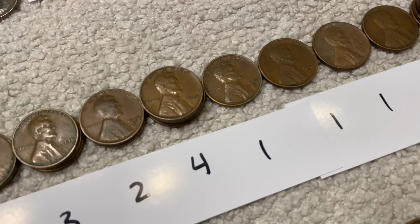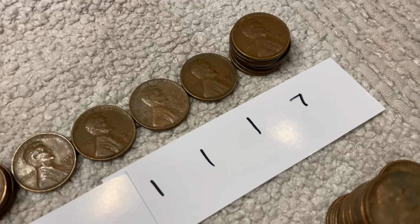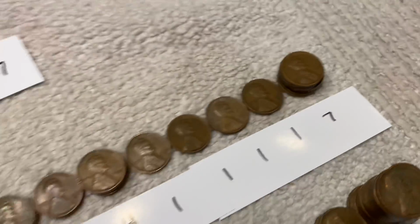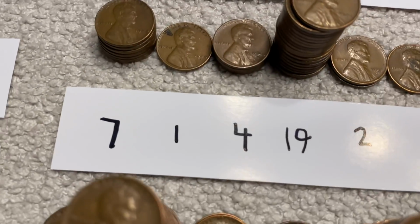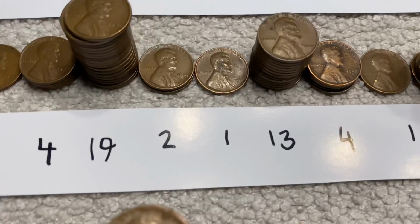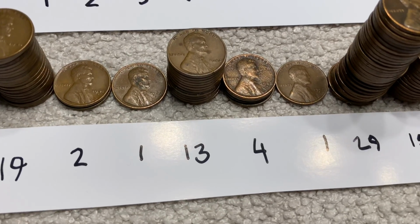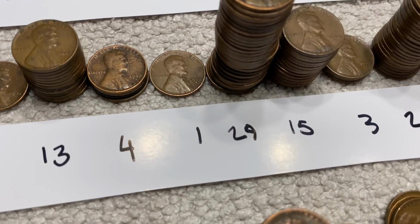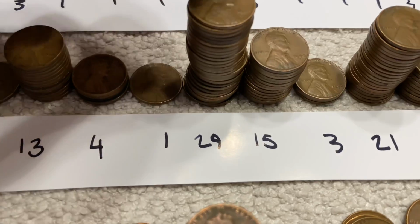a 1937 Denver, 1937 San Francisco, a 1938, 1938 Denver, 7 1939s. Then we get into our 40s. We had 7 1940 Plains, a 1940 Denver, 4 1940 San Franciscos, 1941s, two 1941 Denvers, a 1941S, 13 1942s, 4 1942 Denvers, 1 1942S, 29 1944 Plains, and the top one,